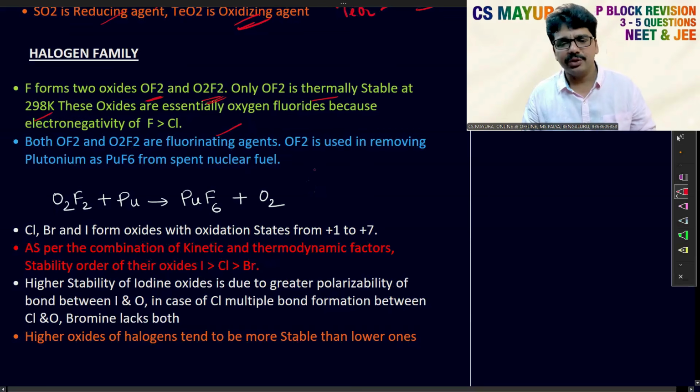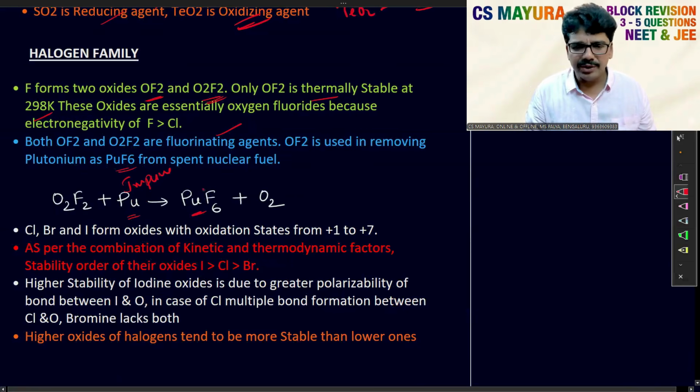And this property is used in an application to extract plutonium. So how do we extract plutonium? We take O2F2 with plutonium minerals. There will be many impurities, but when this impure plutonium is treated with O2F2, it produces PuF6. It reacts with only pure plutonium atoms, and the impurities are left. So when PuF6 is heated, it decomposes and gives pure plutonium. This is how we remove plutonium from spent nuclear fuel by using the fluorinating property of O2F2,